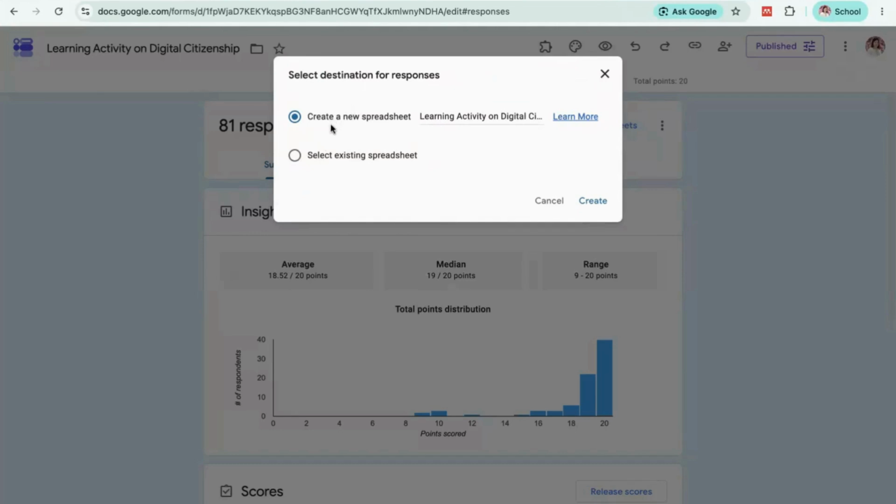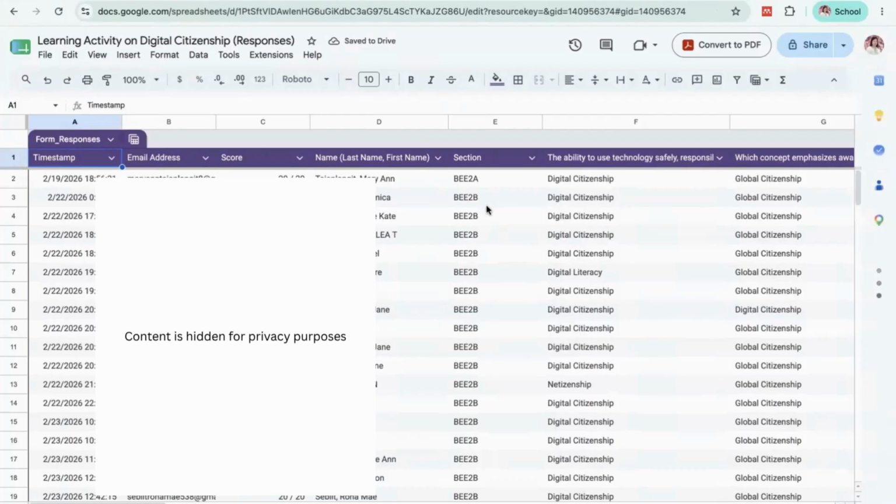First is create a new spreadsheet with the title learning activity, or select an existing spreadsheet. If you already have an existing spreadsheet, you can just select it. But since it is our first time, we'll choose this one. Click create to see the result in Google Sheets.